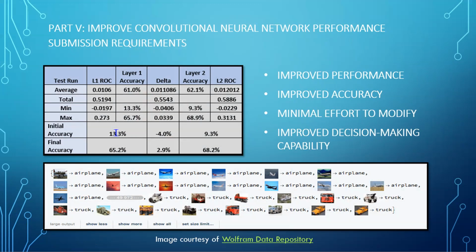The lower graphic on the slide shows how the model can identify the class of an image despite differences in size, shape, and orientation of the object. It has learned through the training process what the general shape of an airplane or truck is, regardless of its position or orientation, and predicts its class with reasonable accuracy. These processes, as they are modified for improved performance, accuracy, and efficiency, will ultimately improve decision-making capabilities by successfully identifying classifications of objects in the data that are relevant to the problem being addressed.